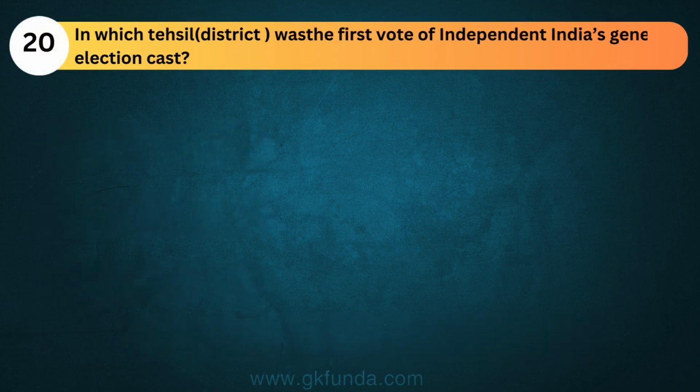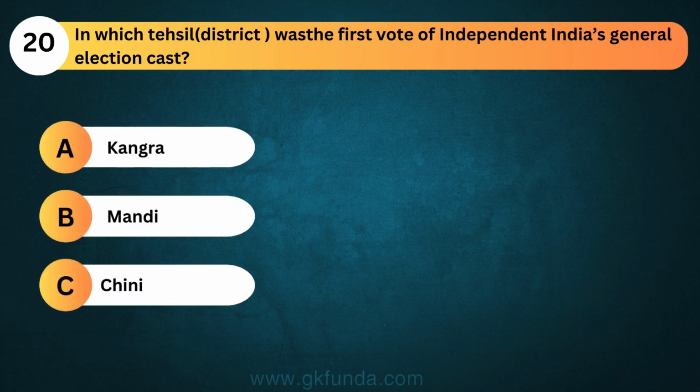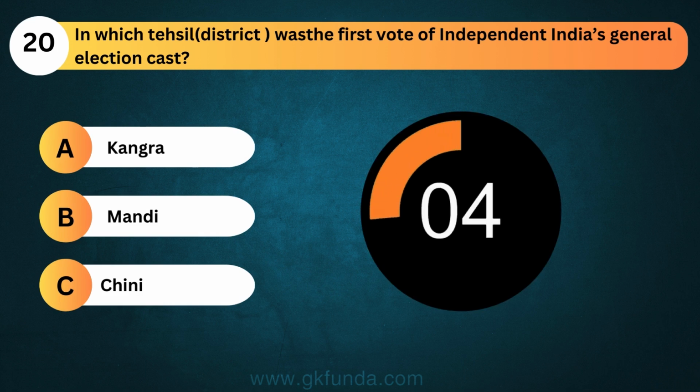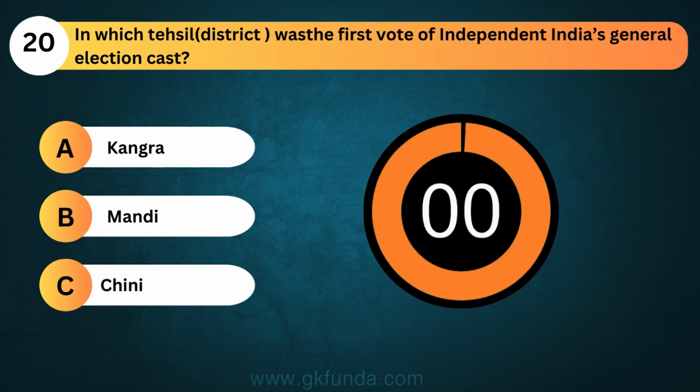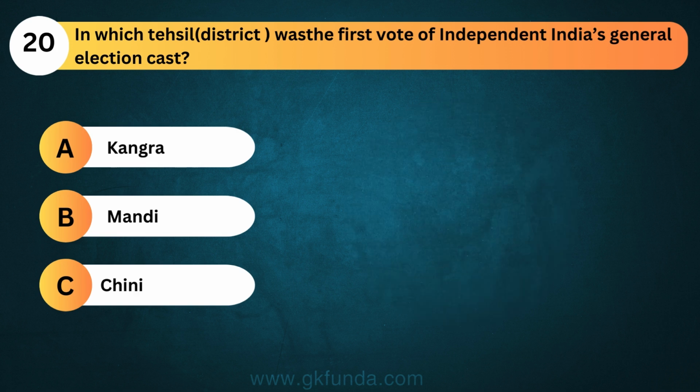In which district was the first vote of independent India's general election cast? The answer is option A, Chini, also known as Kinnaur, Himachal Pradesh,